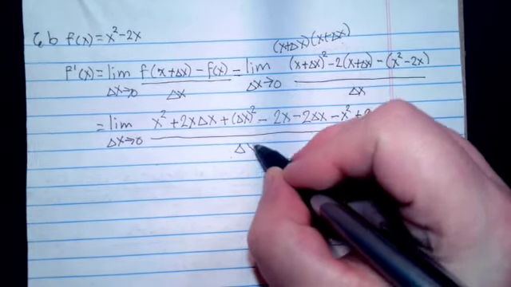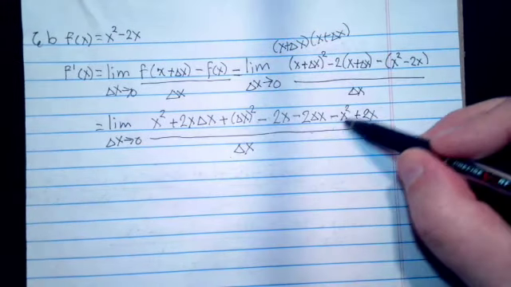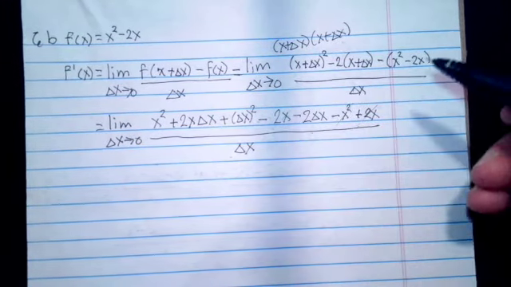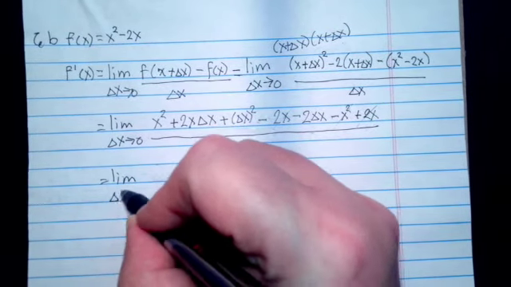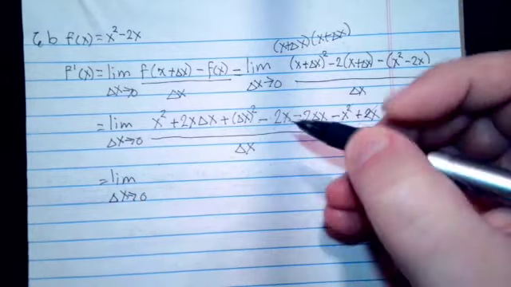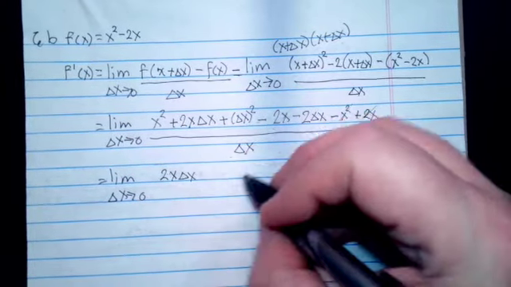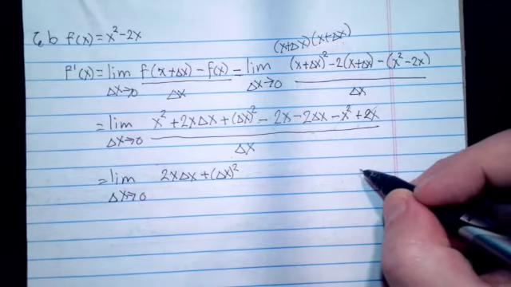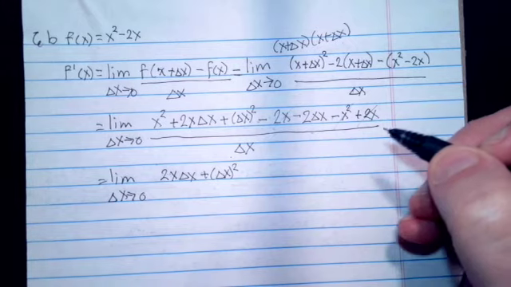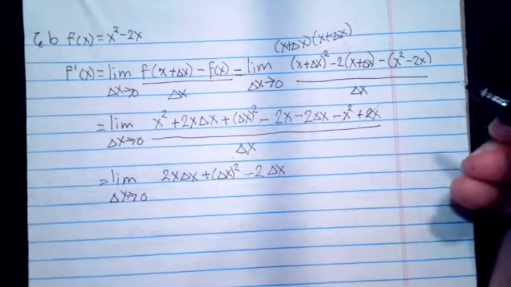And then that's all over delta x. Now a lot of this is going to combine. The x squareds are going to go away, the 2x's are going to go away, and what we are left with will be much easier to work with. So we've got 2x delta x plus delta x squared minus 2 delta x